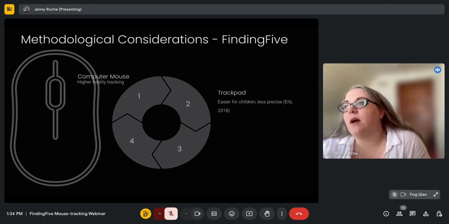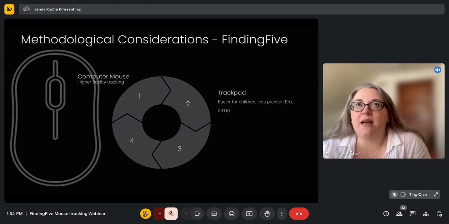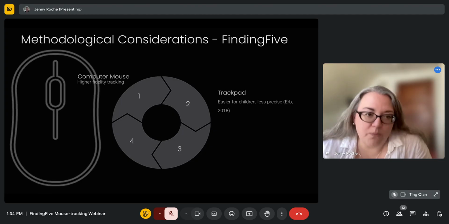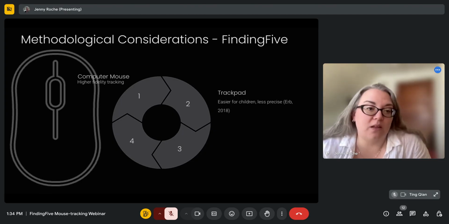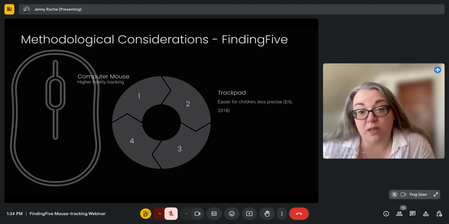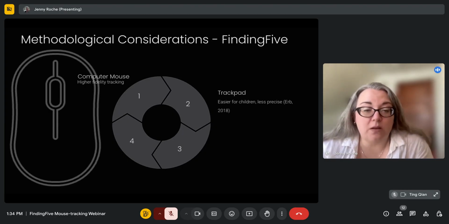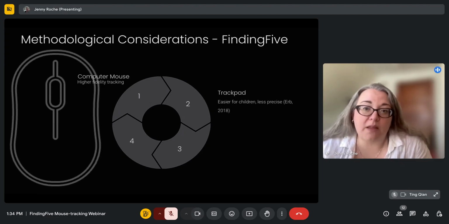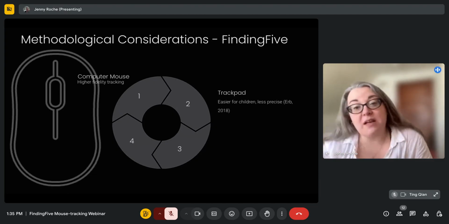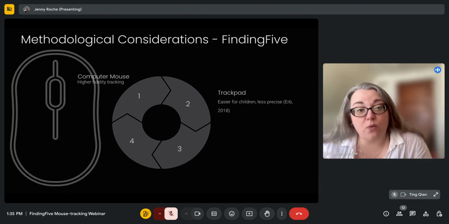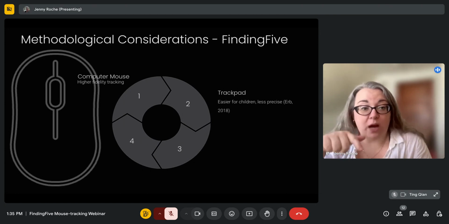Now, Herb et al. has written a couple of papers that say, okay, using a computer mouse is ideal, but you can use a trackpad. You just have to recognize that there's going to be a little bit more noise in the data, or it's not going to as easily capture responding. Another thing is methodologically, when I work with the kids, I have to give them an explicit instruction that when they make a response, they have to keep their finger on the trackpad the entire time,